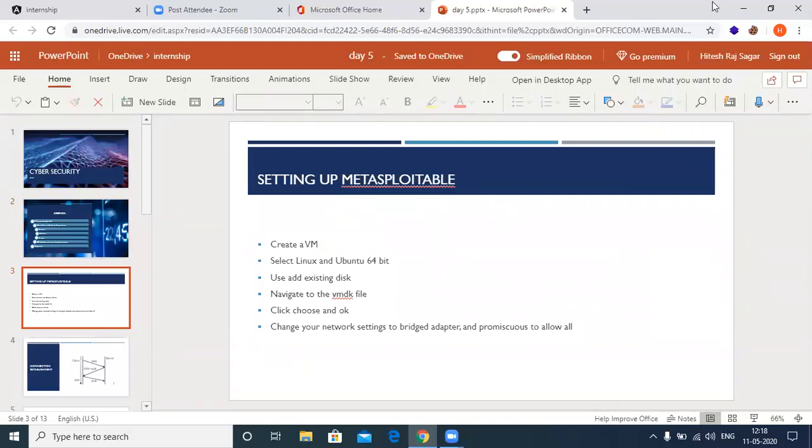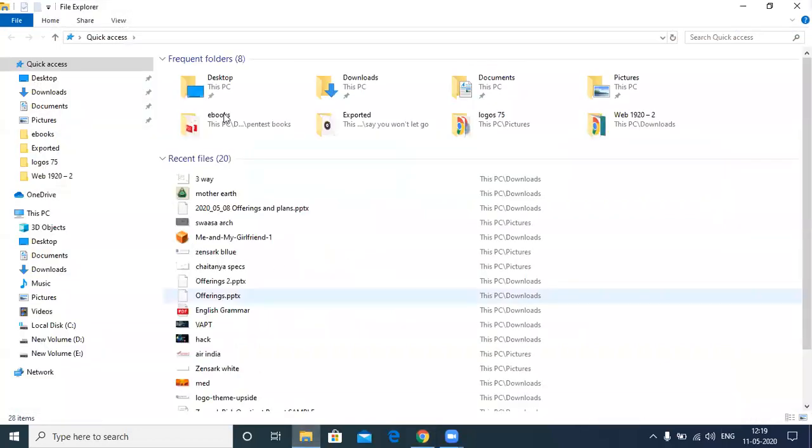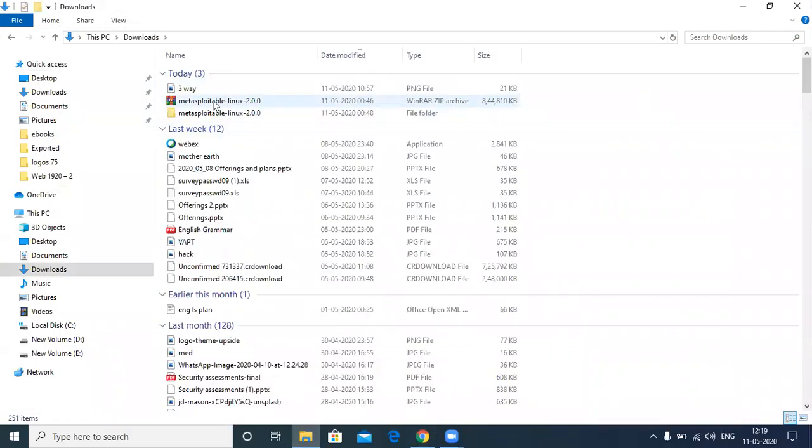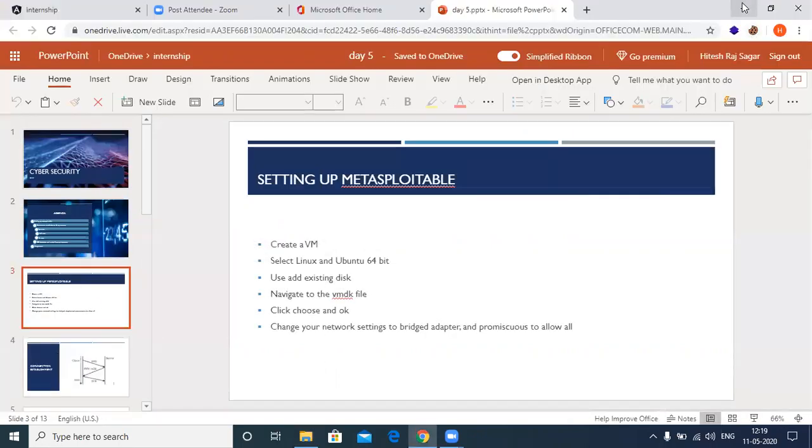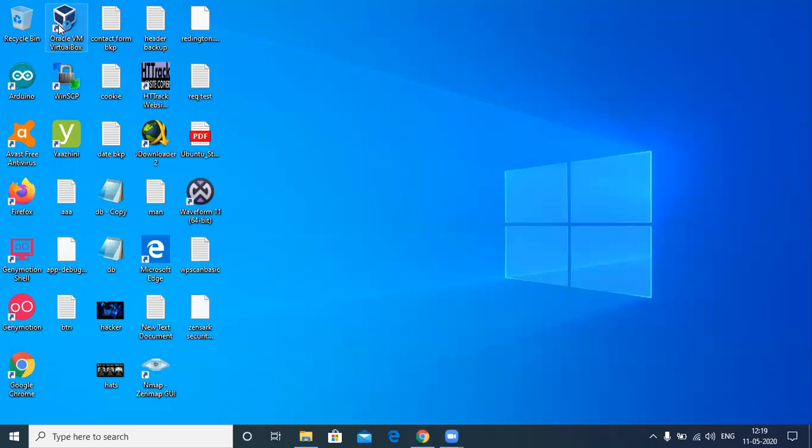So the first thing of today, let's start with setting up Metasploitable. Once you have your Metasploitable downloaded from the link that was shared yesterday, you'll have something like this as a zipped folder. So extract it, and once you get in, you can find all these different files. This is different from the .ova type we were looking at. .ova is the virtual appliance where you directly click it and it sets everything up, whereas this is a VMDK, meaning virtual machine disk. So I'll just walk you through how it is done.